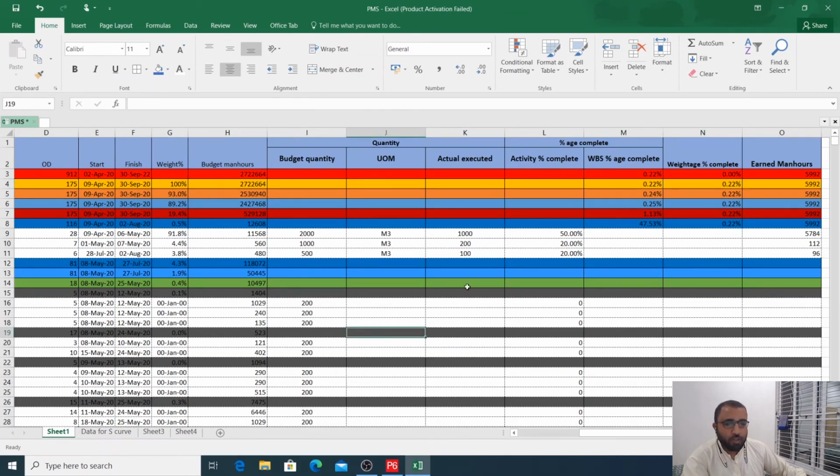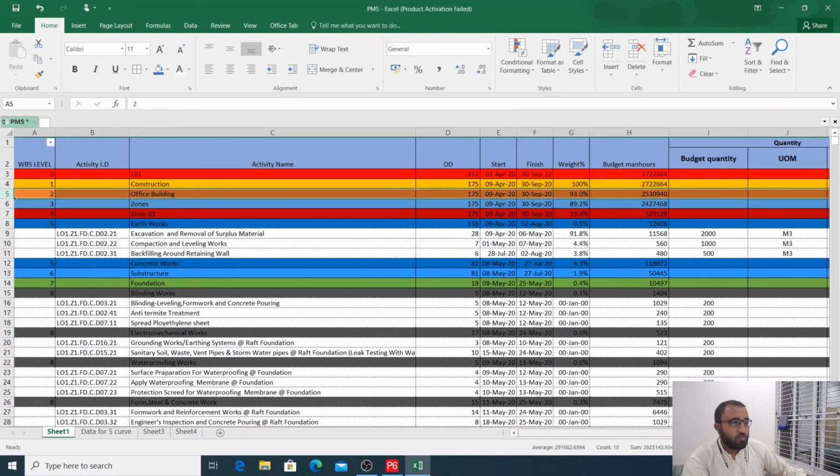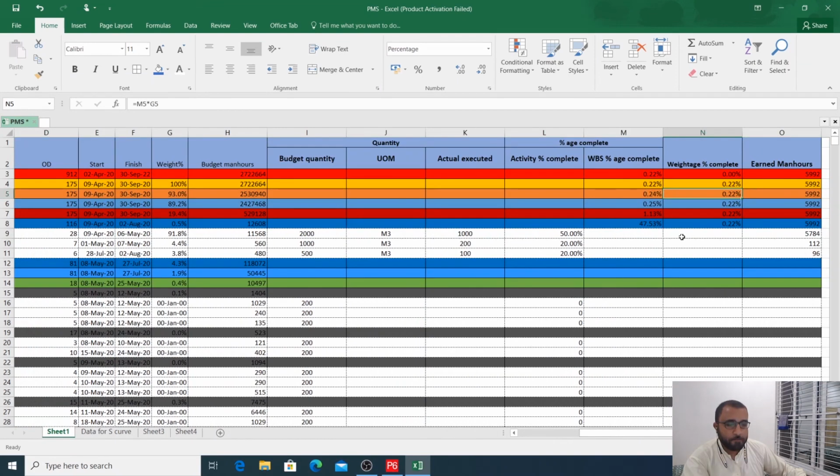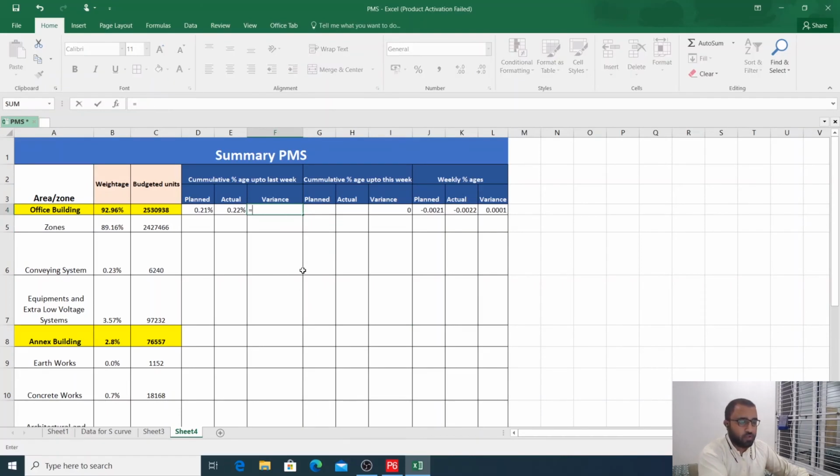What is your actual from PMS? From PMS, if you see, the office building is here. So for office building, your actual is 0.22%. So you can write here 0.22%. So your variance is more than that, so let's change the formula to this actual minus plan. So your variance is plus, that means